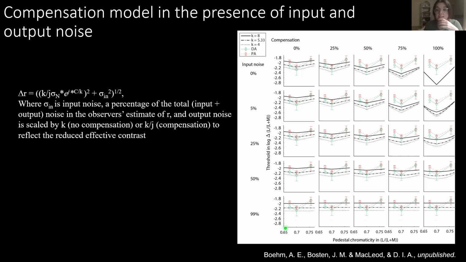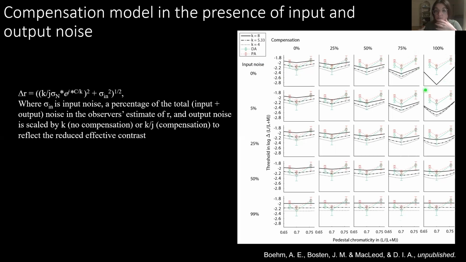This matrix of plots is showing you increasing compensation from 0 to 100% horizontally and input noise vertically. We considered input noise as a percentage of the total noise that contributes to the observer's threshold. This panel in the upper left corresponds to the zero compensation model I showed you on the previous slide. And if we only consider that the source of noise occurs after compensation, so that's this row here,